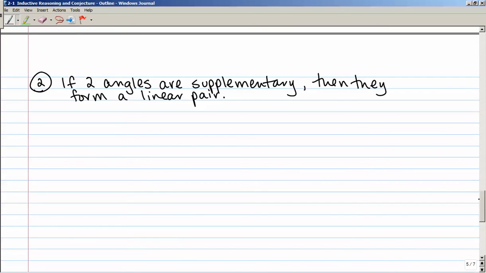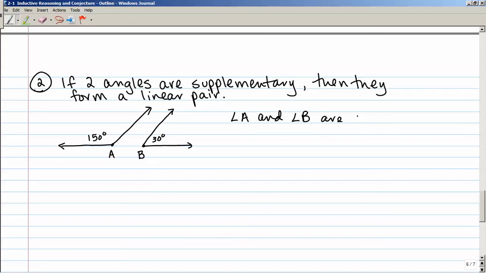Example number 2, if two angles are supplementary, then they form a linear pair. Well, let's see, do all pairs of supplementary angles form a linear pair? Well, I'm thinking if this angle here is 150 degrees, and this angle here is 30 degrees, they are indeed supplementary, but they do not form a linear pair. Let's go ahead and name these so that I can write something here. So angle A and angle B are supplementary,